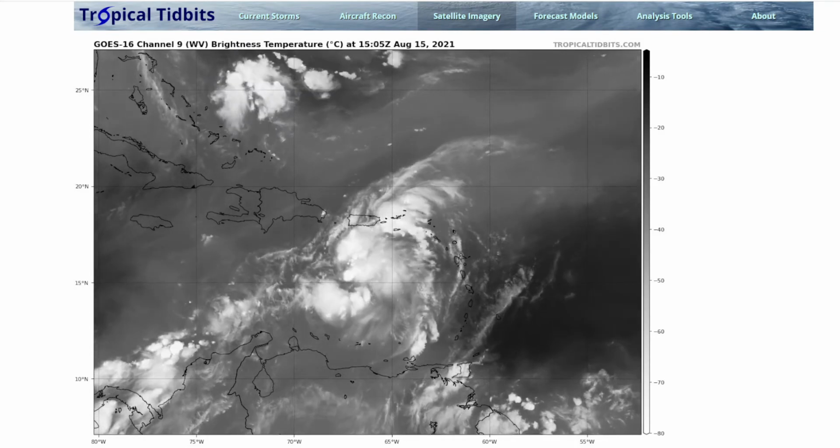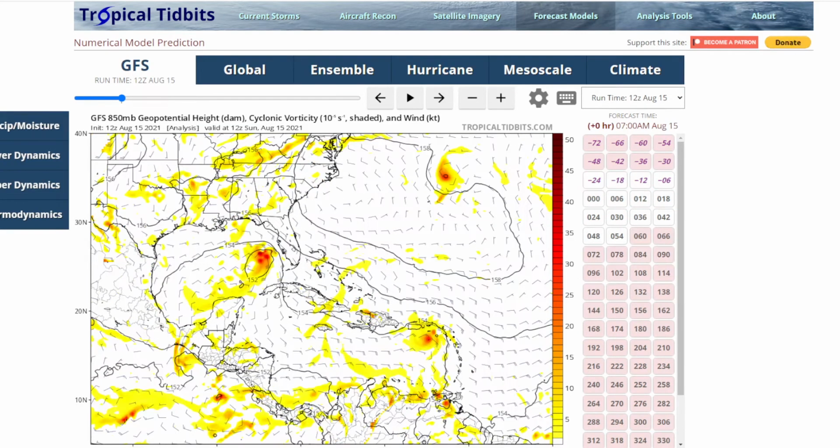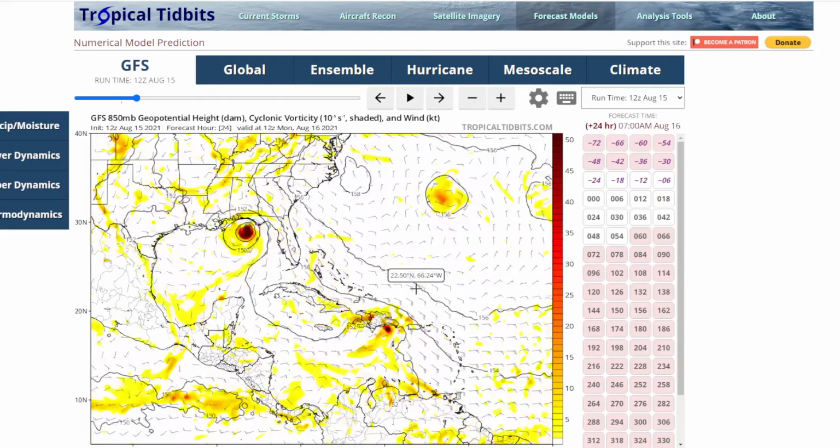And so if we look at the GFS model here, we can see that we're going to first go to the mid-level flow here. You can see that the mid-level presence of Grace, circled here, is generally to the south of Hispaniola, and we have mid-level flow that is moving actually out of the north and northeast here. So this would actually keep the system south. And if you look at the lower level flow, if we go to 60 hours here,